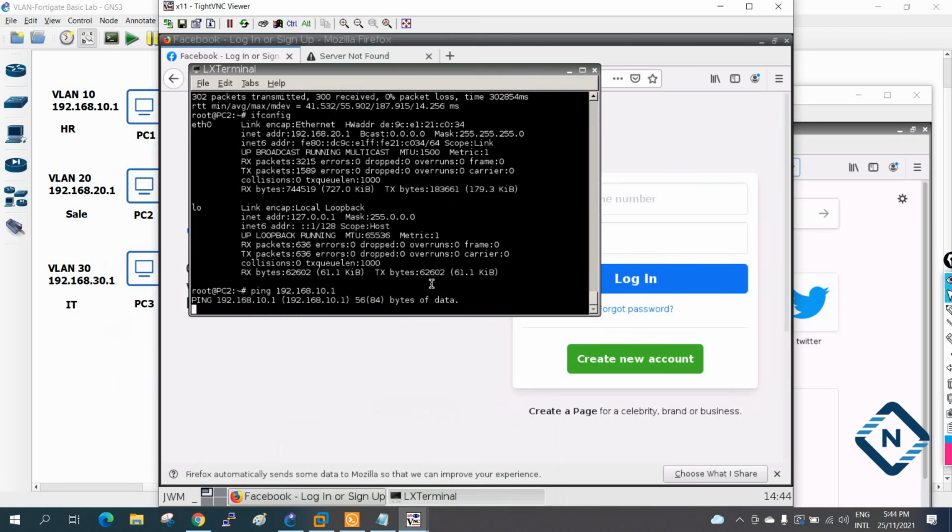It will not work, because if you remember there is one option here, we can allow them or not allow them. When we were creating the interface, at that time we selected that option, so we need to uncheck it. I will show you that. But if you see here it is not working. How can we do that? I will show you.